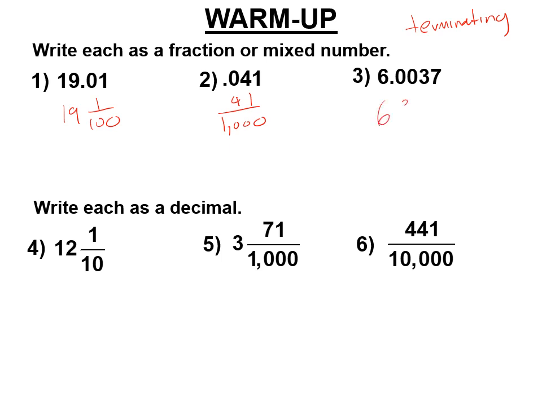And that's 6 and 37 10,000ths, because that's 4 places over. 12 and 1/10 is 12.1. 3 and 71 thousandths is